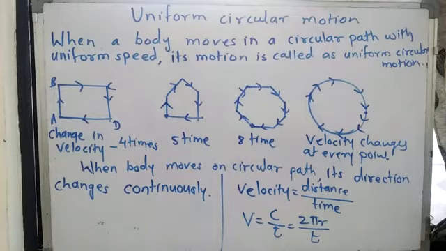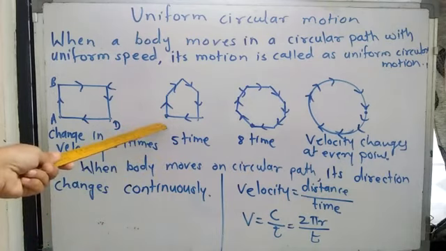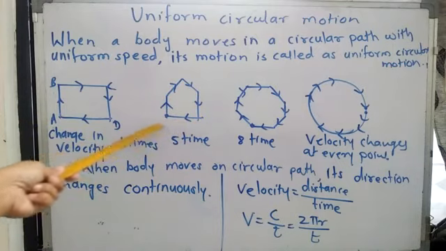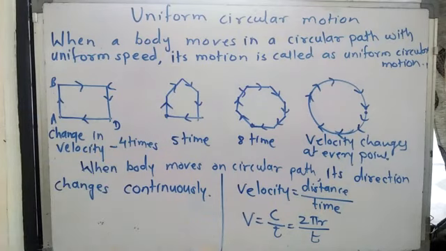Okay, now see, suppose here we have object at the point A. This object is moving like this, A to B to C to D, and again coming at the point A. So how many times its velocity changes? Its velocity changes 4 times. Okay, now object starting from here point, here we have point A, object starts to move from A, B, C, D, E and again to A. So how many times the velocity of an object changes? 5 times. Now here we have octagon with 8 sides. Okay, now as the object starts to move from this point, its velocity will change 8 times.